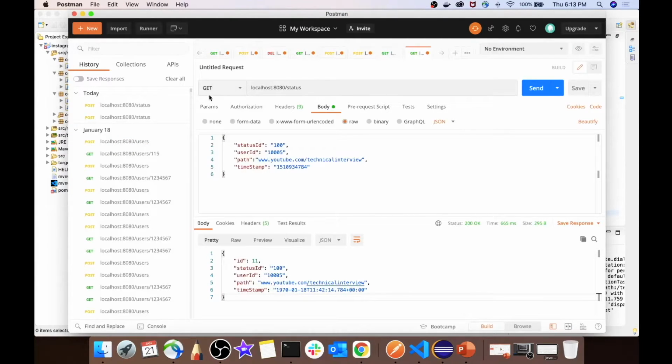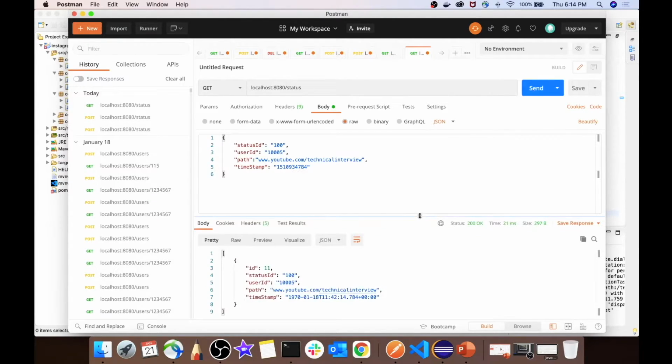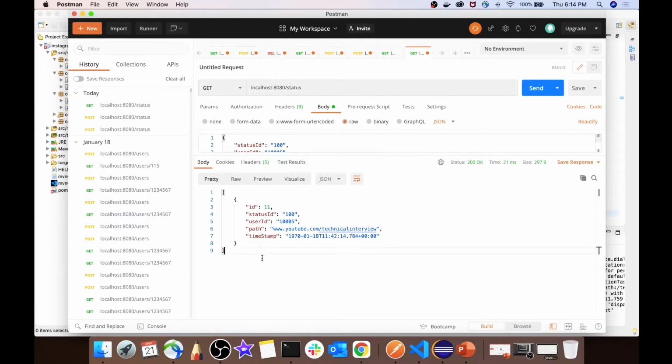So let's test out the GET API over here. And over here we will just be sending this request into our application. So let's click on send. Over here you can see that this is the one status that resides in our DB, and that is why it is coming in the form of an array. So if there are multiple statuses available in our Instagram DB, then multiple instances of this status will come into our response, just the way we need for our front end.